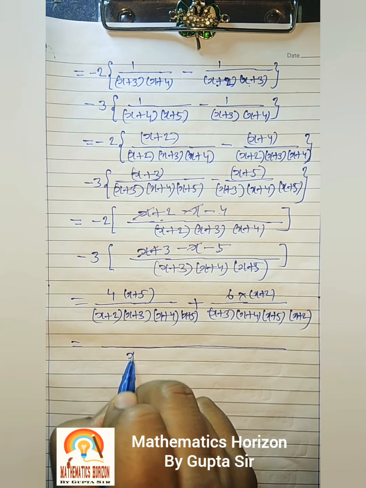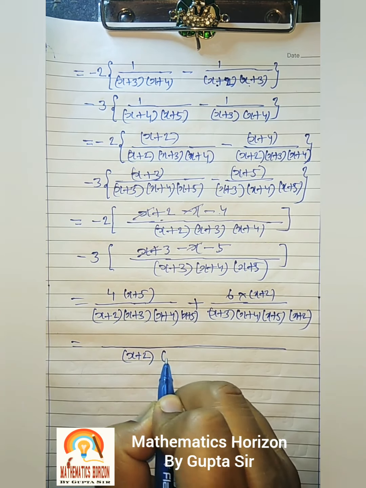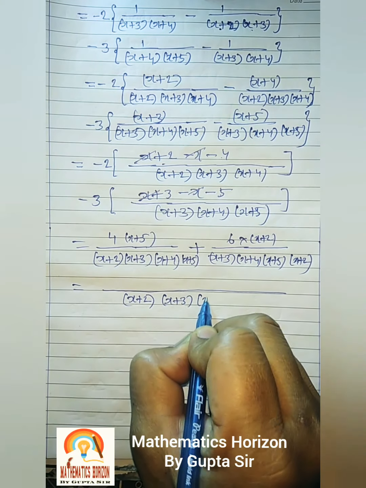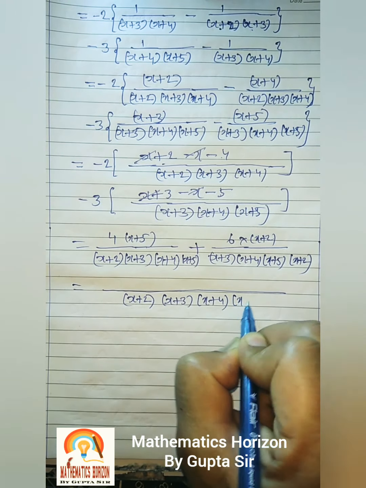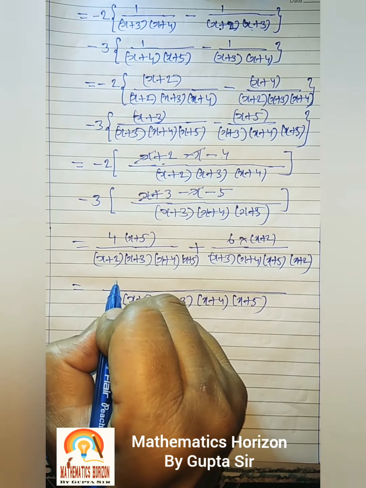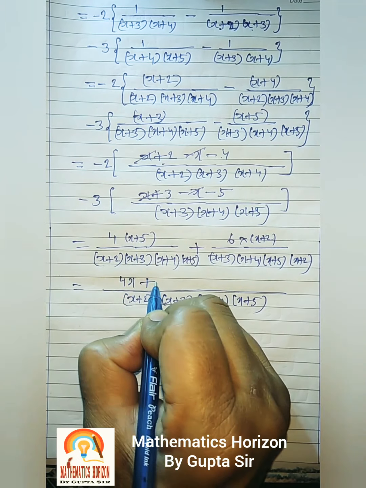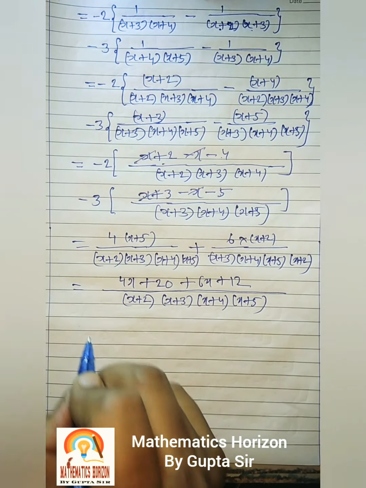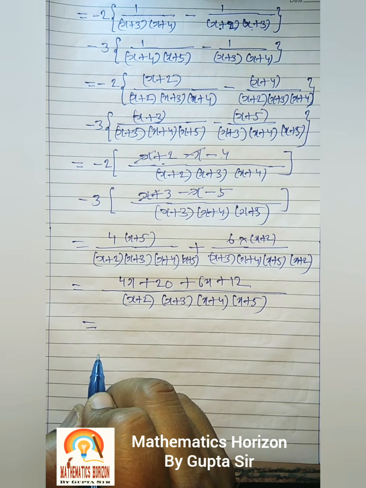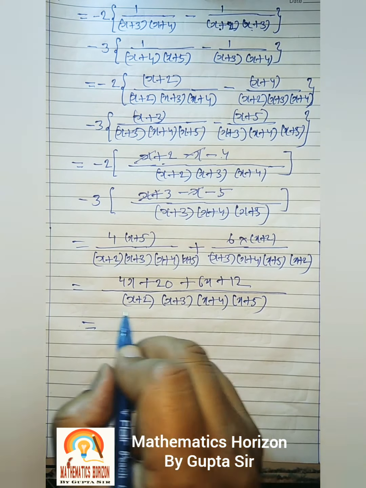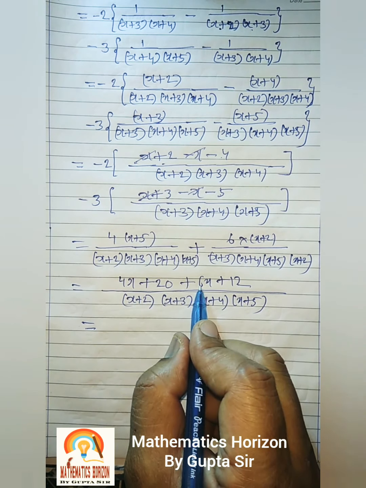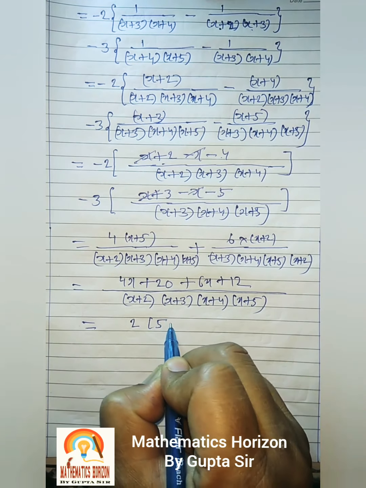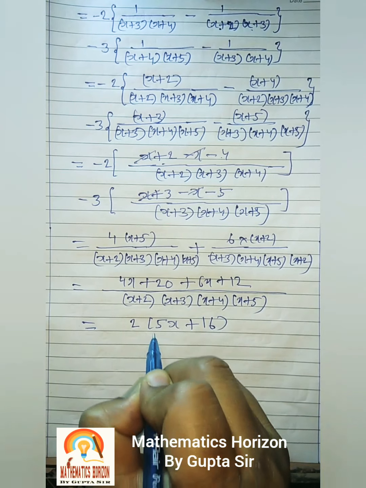LCM of these two terms, that is x plus 2, x plus 3, x plus 4, and x plus 5. Here we have 4x plus 20 plus 6x plus 12. That is, on solving this, finally we have 10x plus 32, that is 2 into 5x plus 16